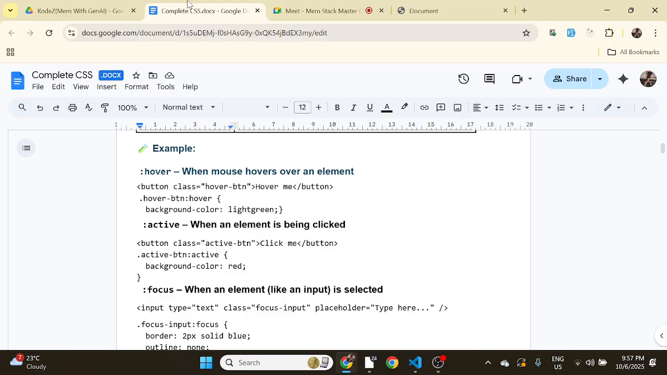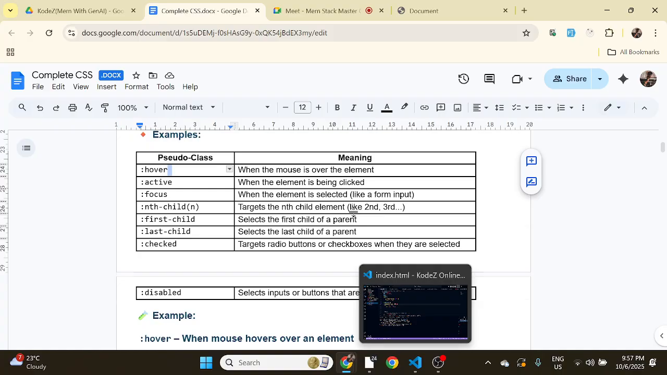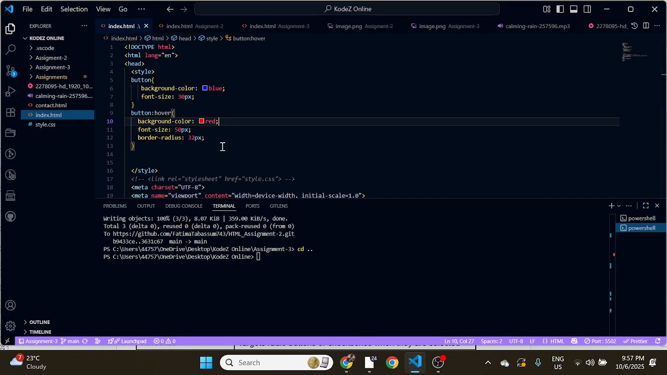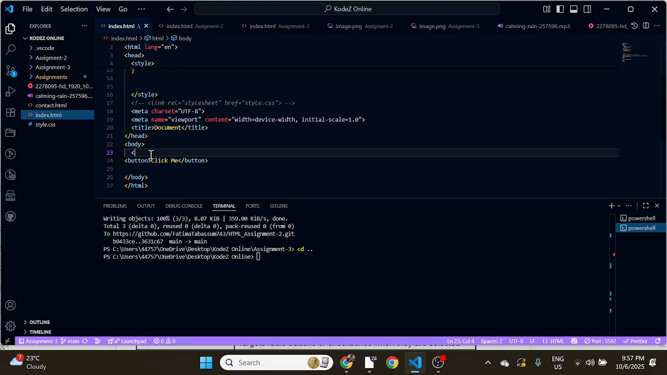Anyone having any doubt in this hover effect? We use this hover effect to target some element. You can change its state. For that purpose we use this hover effect. Not only in buttons, you can use any other elements as well. Like suppose I am using h1,